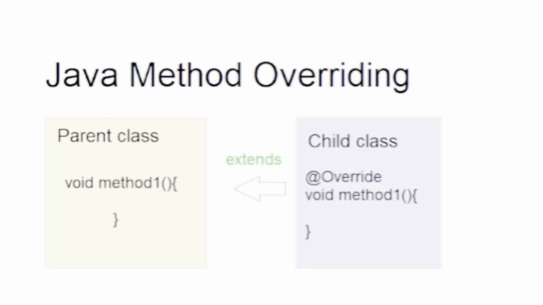Second one is method overriding, also known as runtime polymorphism, is the concept where a child class has